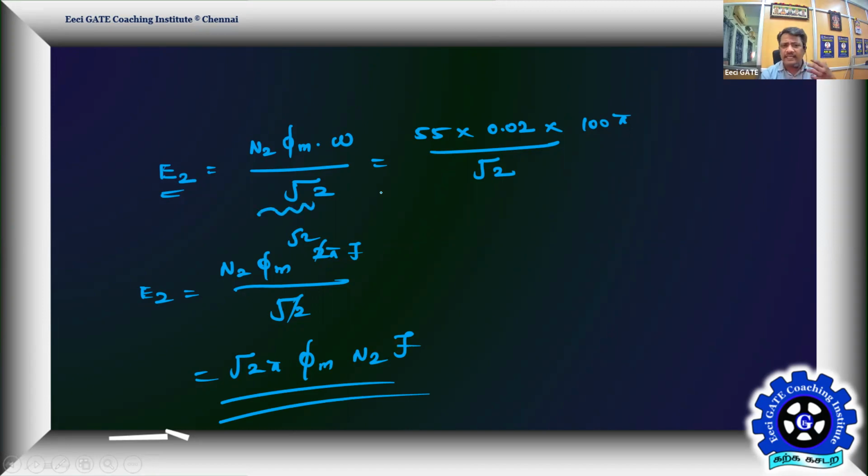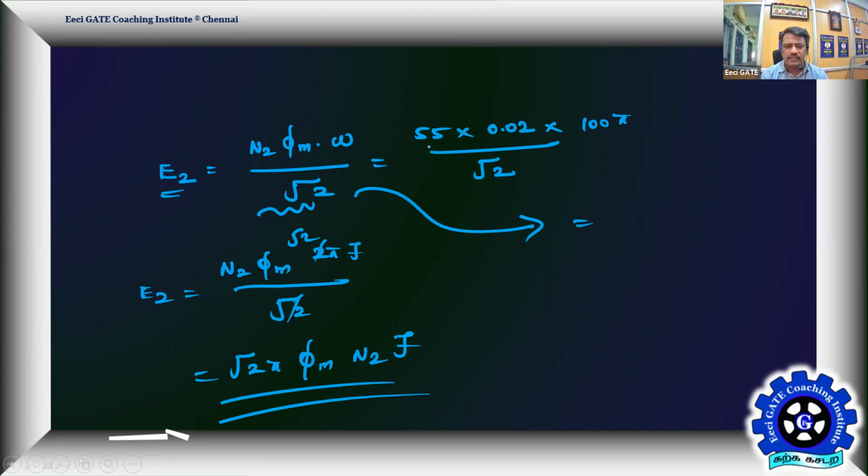That means I remember only one thing: N2 into d phi by dt is my induced EMF. So the derivative of the phi m is not going to take much time. You can instantly correct it. You can keep your brain a little happy because you are expecting the brain to remember a little less. So let me go by this, then that's your answer.